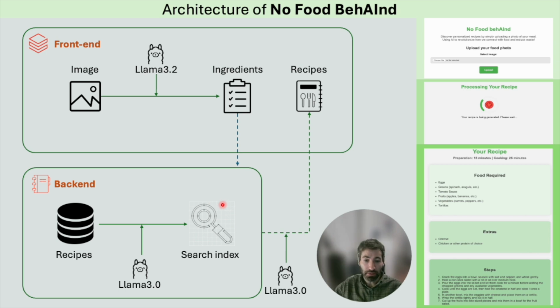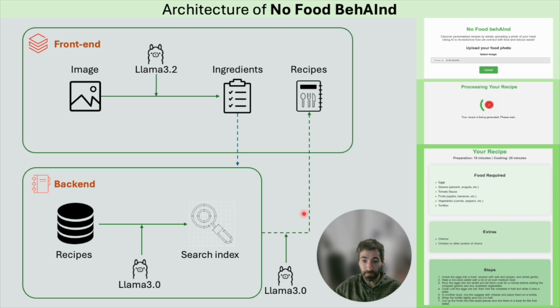In this way, we can use the ingredients that we identified from the image as a query for our database. Doing so increases the specificity of our model, because the model doesn't generate just random recipes that make no sense, but they're actually tailored to the ingredients, and they are inspired by real recipes from all over the world. Once the ingredients and the recipe are identified, we use Llama 3.0 to put together the recipe